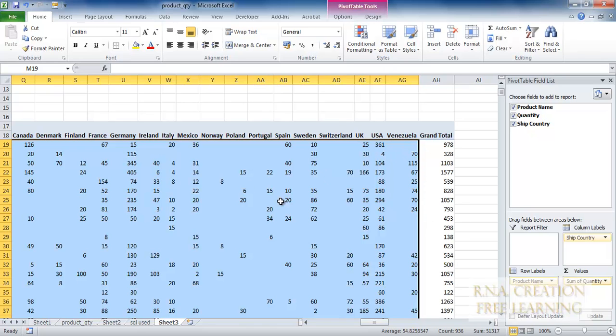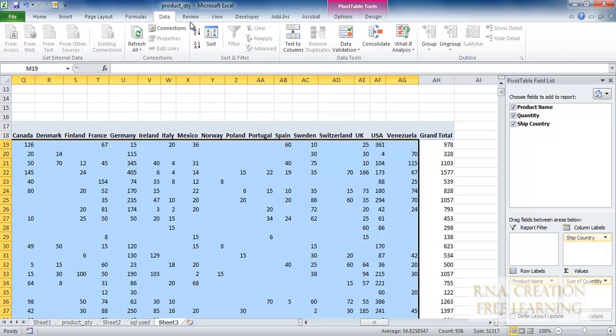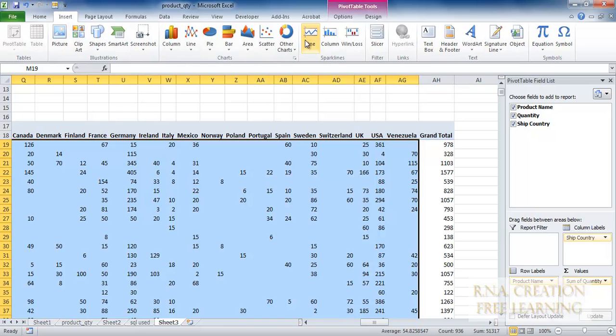Now, if I need a graph for each of these products, to see how they were performing, whether they were going up or down, I can do this in Excel 2010, and that is known as Sparklines. Okay, let's go and check it out. Here it is.